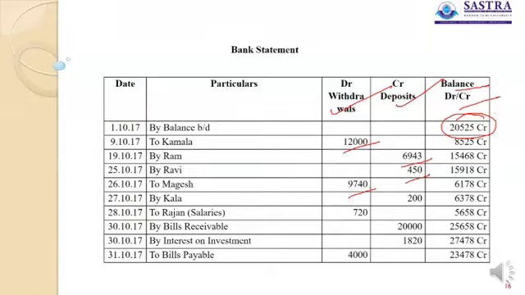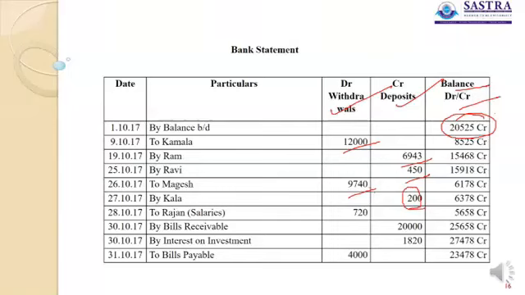Or we might have issued the check and Magesh might have remitted the check into his bank account. That bank might have sent the same to our account, and our account would have been debited by our bank after having received the check issued to Magesh, the creditor, and sent for collection. And Kala, who I think is a debtor, might have deposited the check into our account, which would also have become a credit to our account.